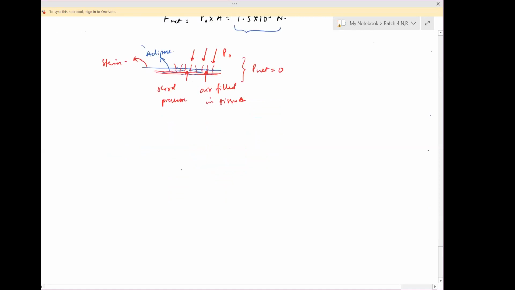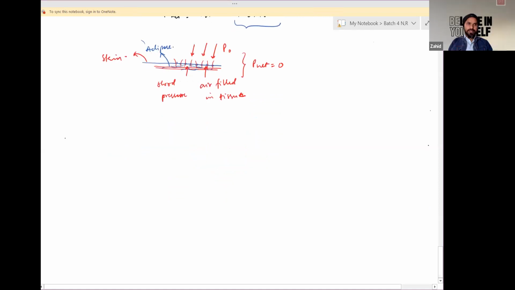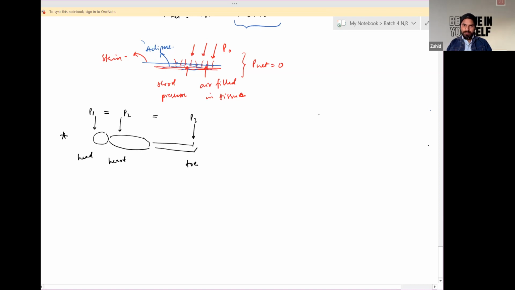There will be another question related to this. Suppose a man is lying horizontally. So net pressure at this point and at this point will remain the same. So pressure at this point and this point in horizontal position will be equal. But in case of